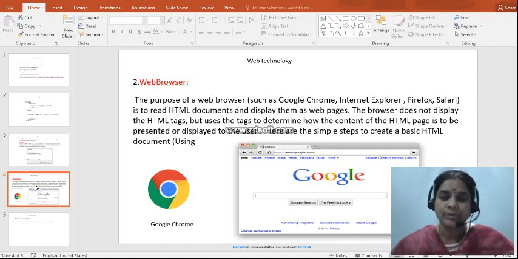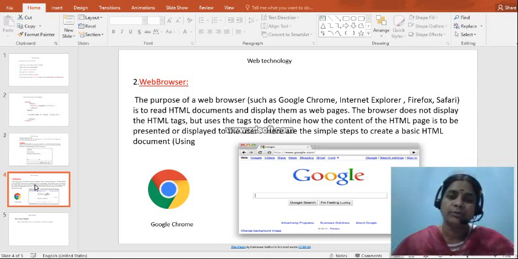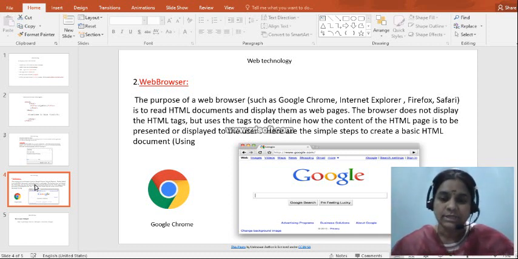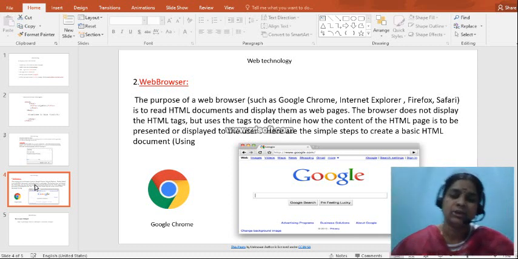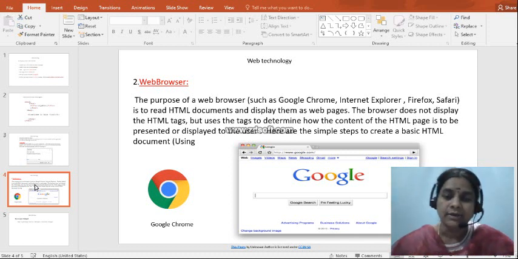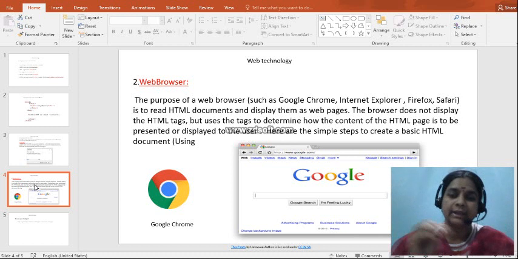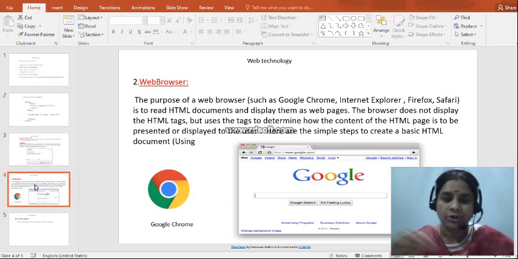See here. Suppose I wanted to open Facebook. How are we going to open Facebook? Go to the web browser and type there. Whatever I want to open, I want Google. How are we going to open it? You need a browser. Suppose I wanted to write something on paper. How are we going to write something on paper? By using a pen. With the help of a pen I can write anything, I can draw anything, I can make any image.